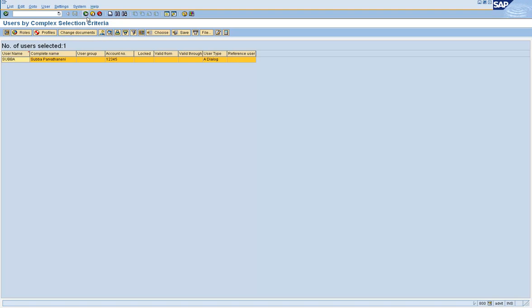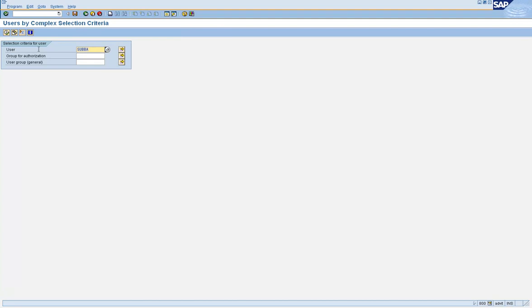So you may have to use multiple. SUM can be used, but if you feel that SUM is not giving you the kind of information you're looking for in the report, then it is better you go and extract the data from various tables and combine them into one report in Excel.